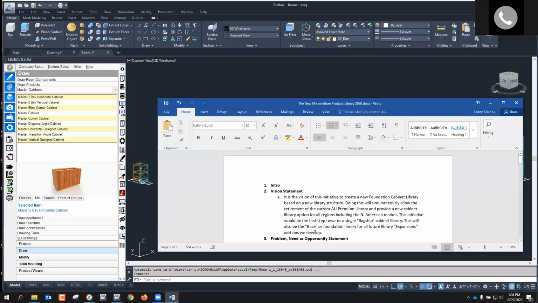And this is also going to be a base or a foundation for what we call a library expansion. So you may just have cabinets, and maybe someday you want to get into closets or